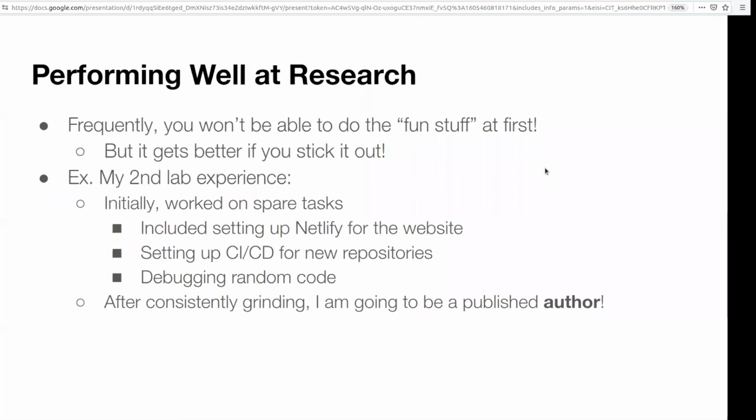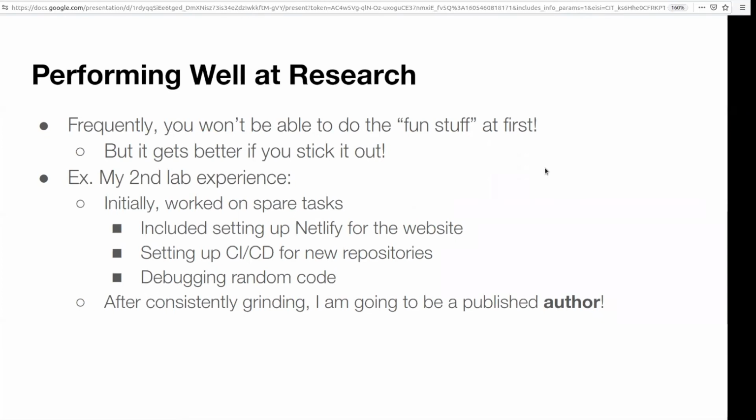All right. So performing well at research. The good news is you're in. The somewhat bad news is frequently you will not be able to do the fun stuff first. Generally the fun stuff is done by the PhD students because they're the ones that need to get the research papers published. And so they're doing all the problem solving and coming up with the solutions